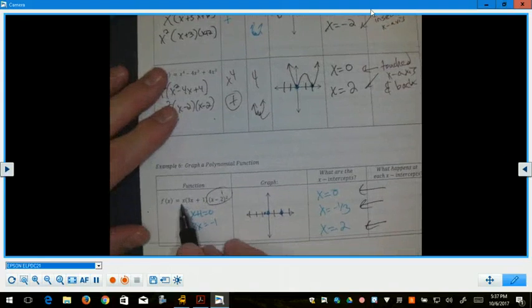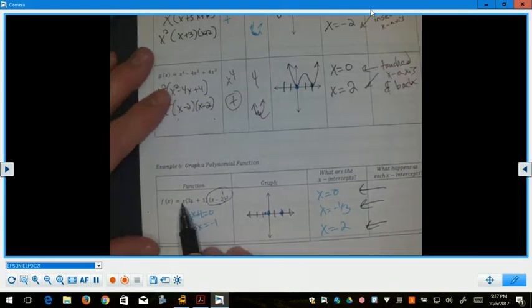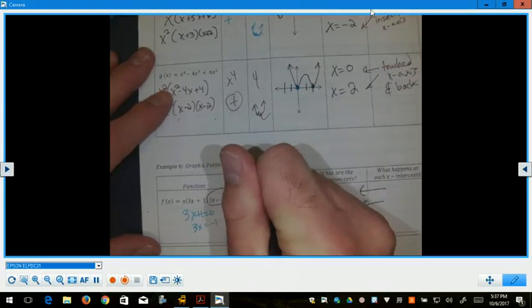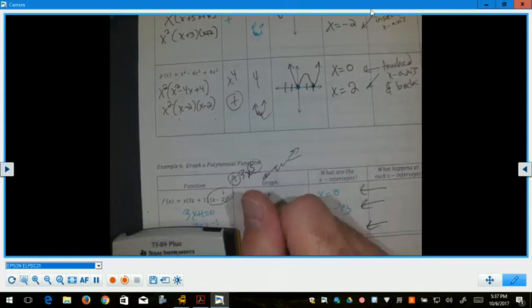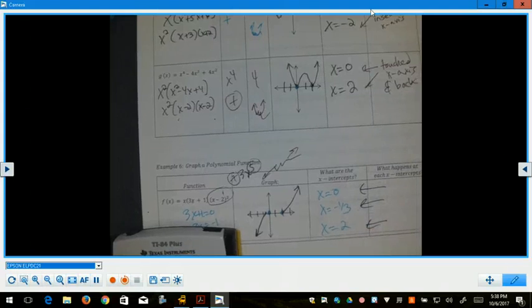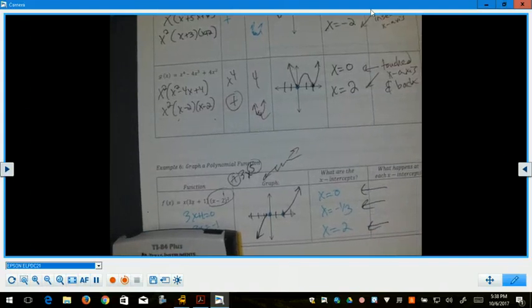sure enough, by the way, this is a fifth degree polynomial, x squared, 3x cubed, x to the fifth, 3x to the fifth. So we expect it to act like an odd degree polynomial with a positive lead coefficient, the end behavior to be like a graph of a line with a positive slope. So from here, this one shoots down. From here, this one shoots up. What's interesting is that